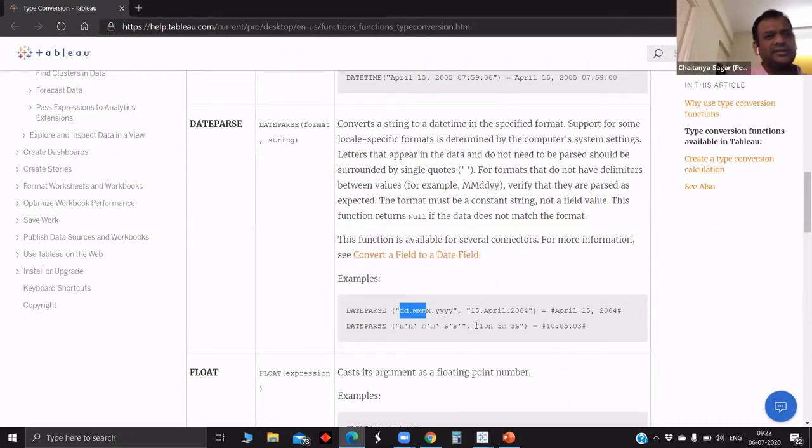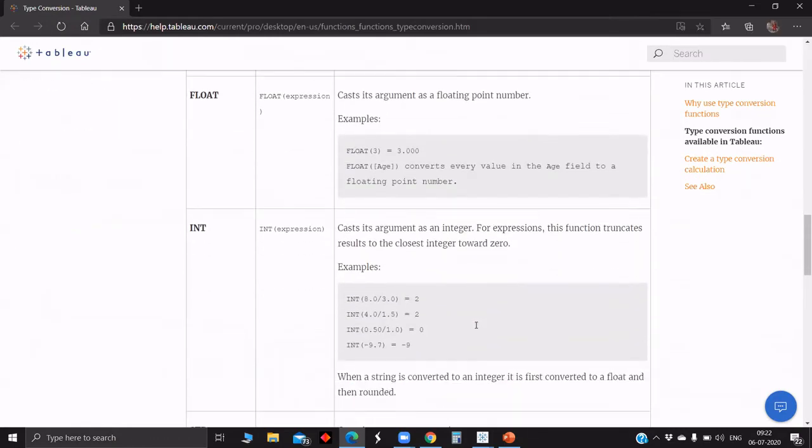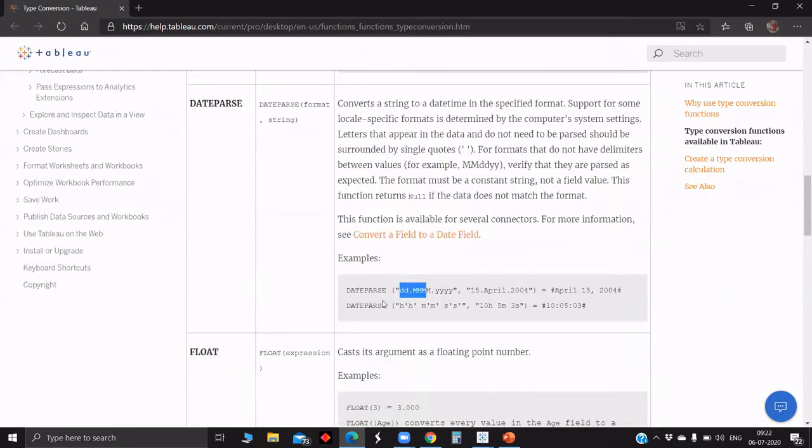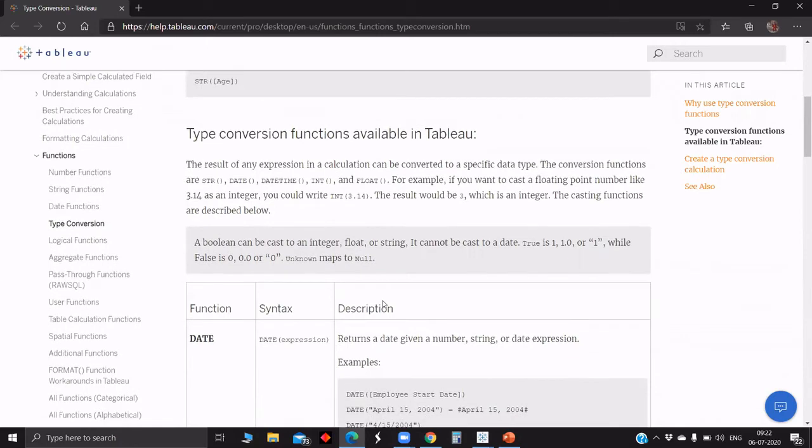Okay, and we have seen float and int. Now the string function, str. Irrespective of integer or whichever type, if you want a field in string format, we can use str with the field you would like to view in string format. Yeah, these are the major type conversion functions which we have seen. And next we will move on